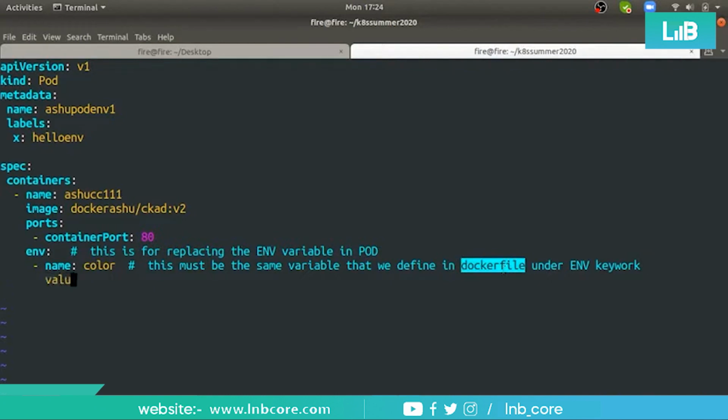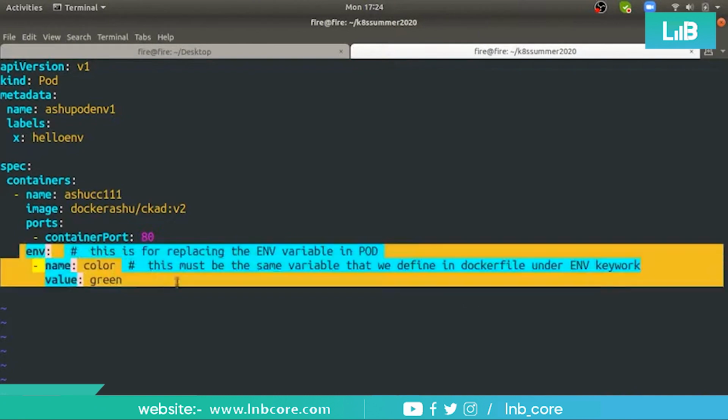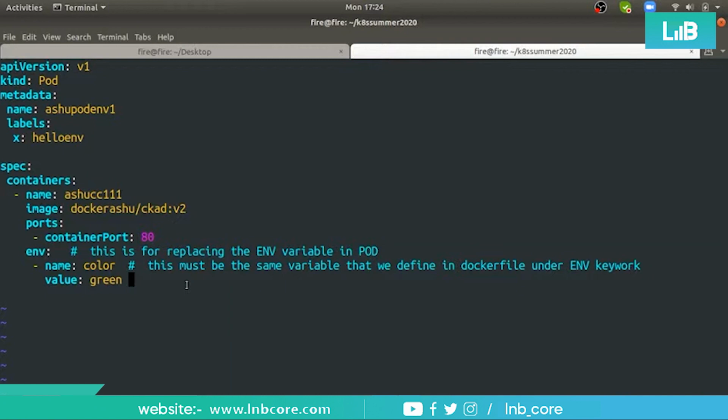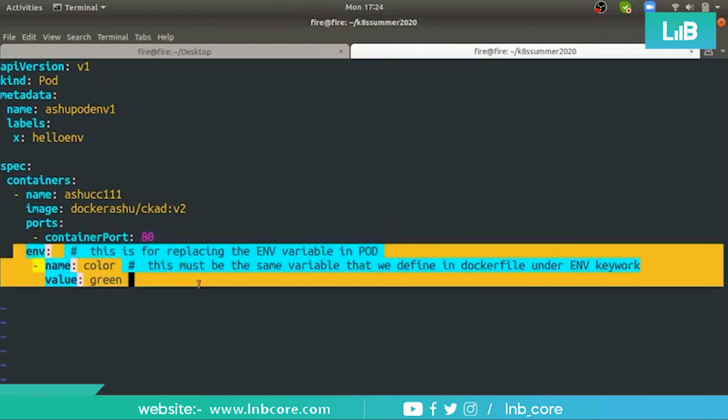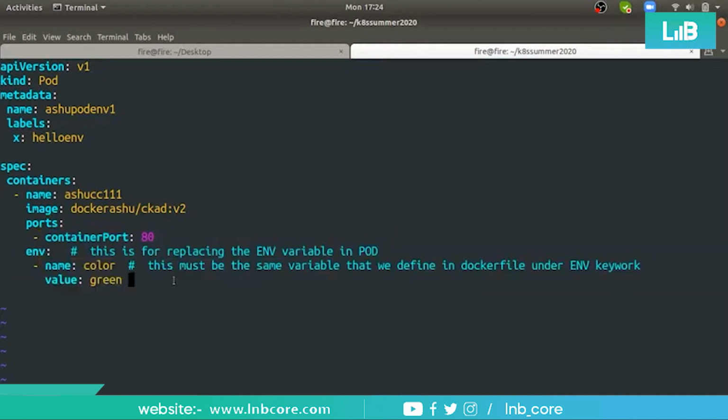Then the keyword is value. By default it's green. So if you are not writing anything, your pod is assuming the same, because that is the default, the way you designed the page in the Docker file, green color.